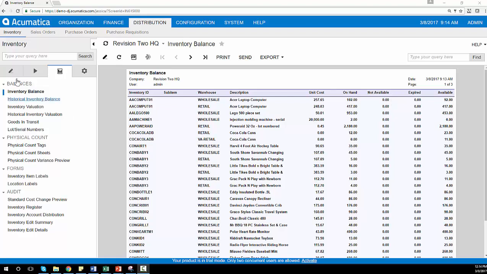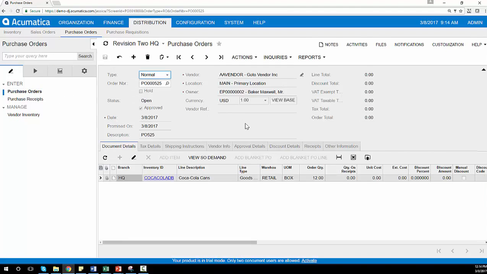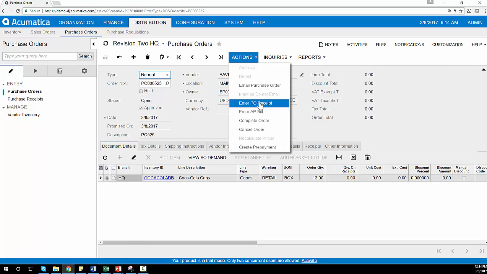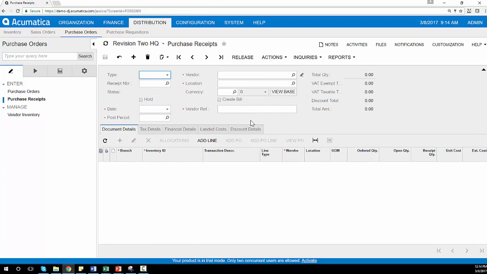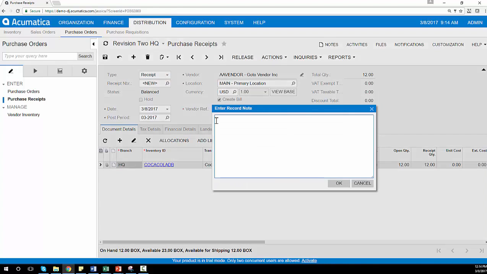To demonstrate this, I will receive a purchase order that I have already created. In this case, we're receiving one box of 12 cans of Coca-Cola. While receiving the inventory, I can see existing quantities in each warehouse location, and I can assign serial numbers if required. I'll assume in this case that the items were damaged upon receipt, or at least one item was damaged